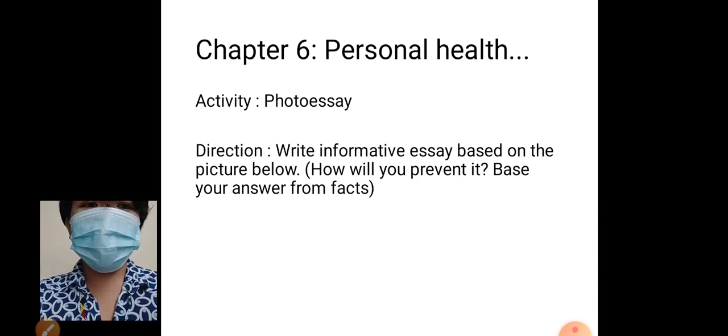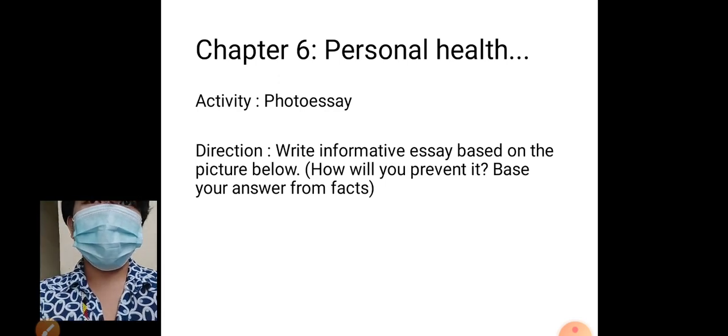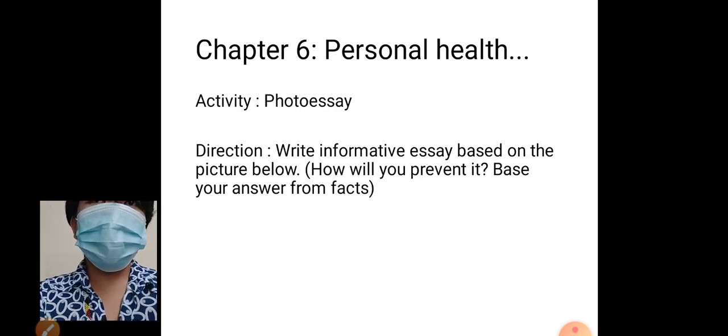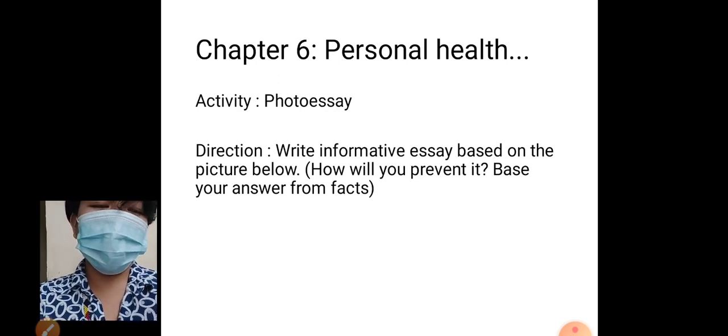And of course, we also have chapter 6, personal health. So there's only one activity here, photo essay. So when we talk about photo essay, there are some photo essays wherein you will be the one who will take the photo. But in the case of this activity,